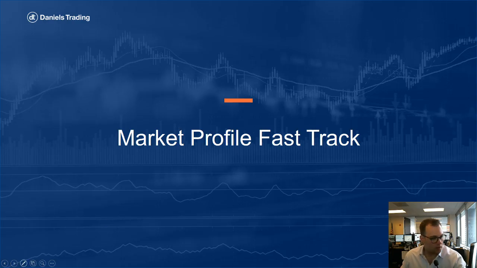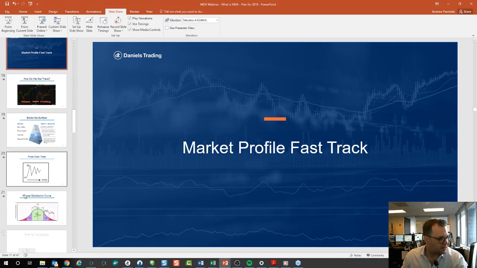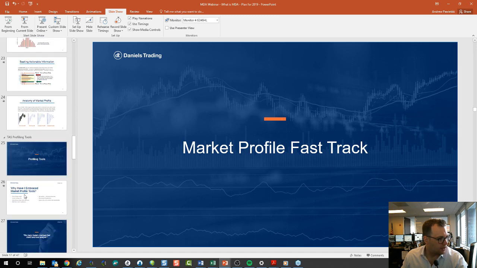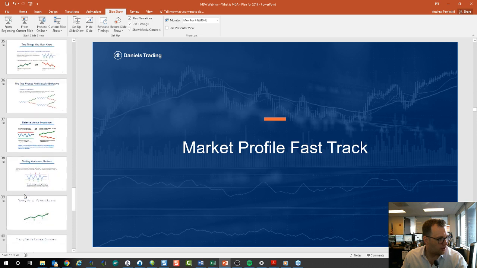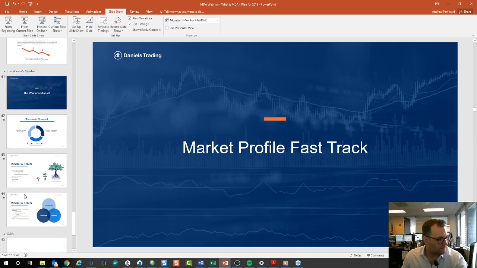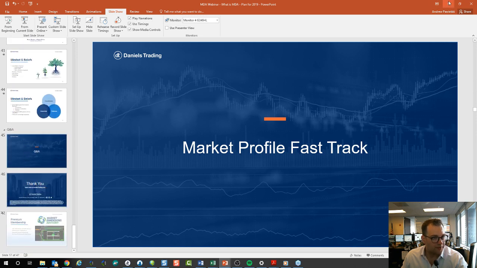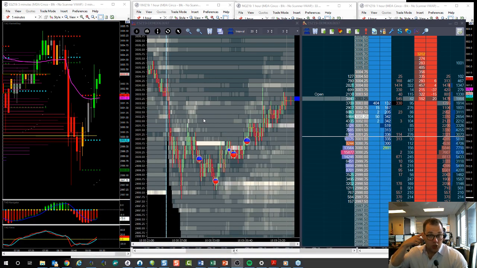All right, so we're not going to go through the market profile fast track here. Let me actually get out of this slide. This talks a lot about the different tools and how they work, different mindsets here. So the goal of today is to obviously show you what is the MDA, what tools we are using, and then dive into some live markets here. This would be a good time for you guys to throw in some markets that you want to get reviewed, what time frames you're trading.